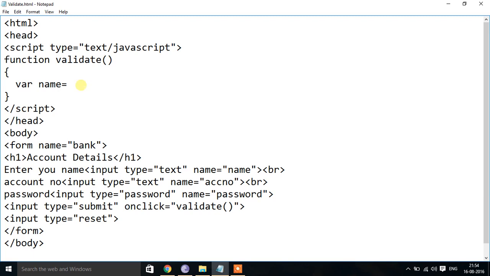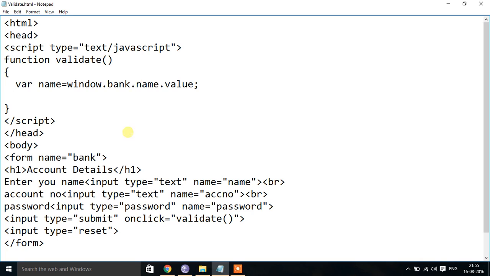First, we have to go for window dot, the name of the form, which is bank, followed by the name of the control we are going to get. For example, I'm going to get the name, so we can give bank dot name followed by value. If you give any name here, it will be automatically assigned to this var name.